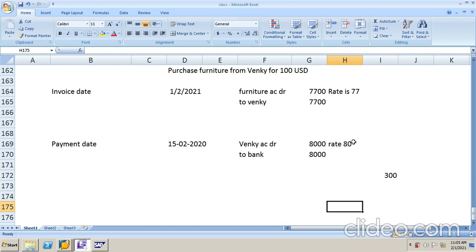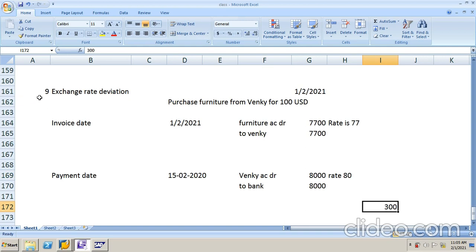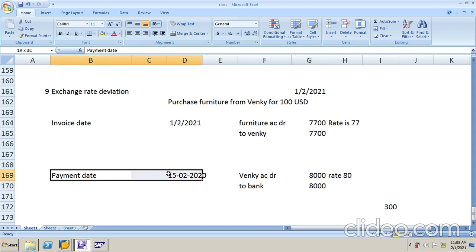So here a 300 rupees difference has come. 300 rupees difference is given. 300 is a very small amount, so there is no problem here. Now how the exchange rate deviation will work: at the time of clearing the document, manually we have